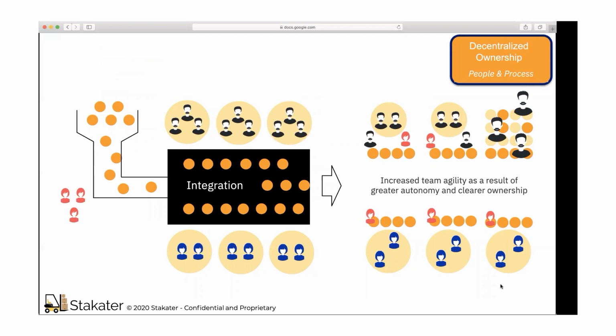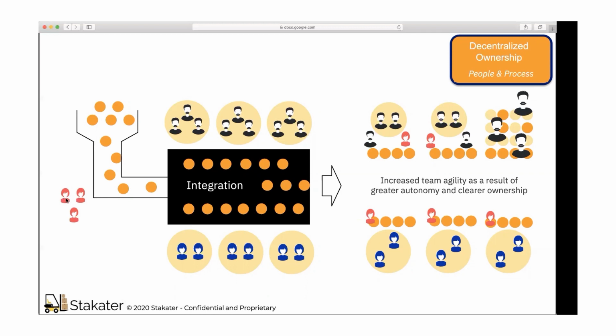Then, talking about decentralized ownership, what is the idea? As you might know, typically how we do integrations is that we have a central team running integrations. Then you have back-end developers and front-end developers, or anyone else. If you need to build integrations, you need to talk with the integration team.